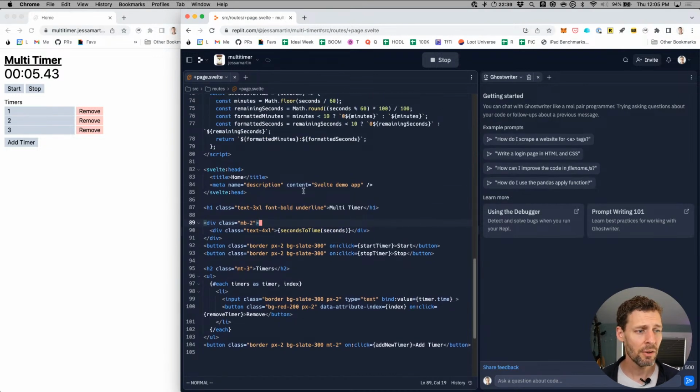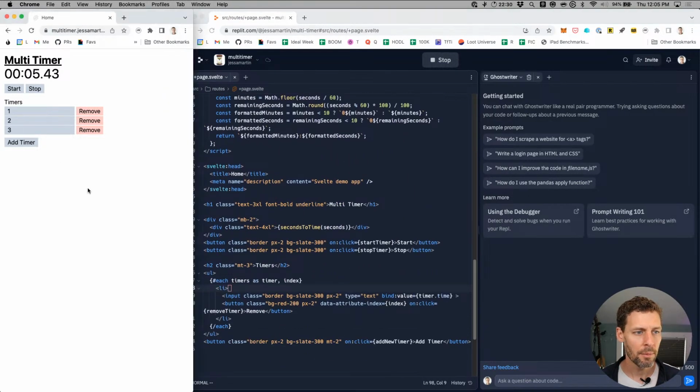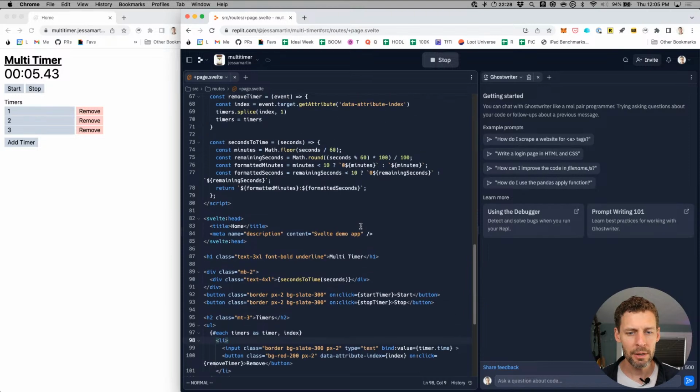There's some other stuff in the SvelteKit file, like the layout file and the app CSS and that kind of stuff, but we're really not going to be working in that section much, so I'm not going to talk about those very much. And you can see over here on the left, the Replit rebuilds pretty quickly, which is one of the really nice features of Replit, that it has a running sort of production instance that I can edit. So if I save, there you go. I made the change and hit Command S, and you'll see the R and the S disappear from the multi-timers. So it refreshes very quickly.